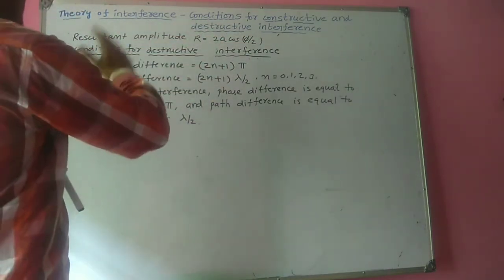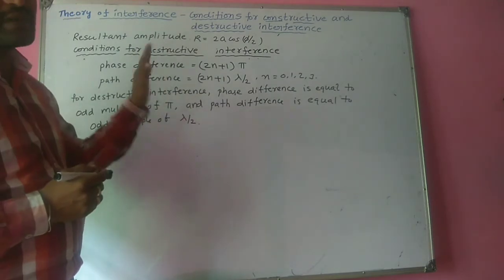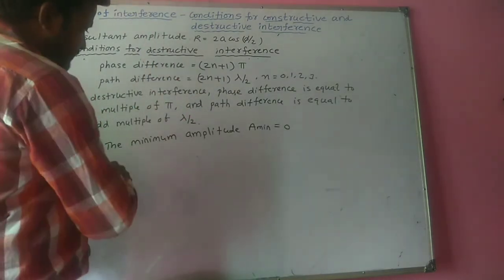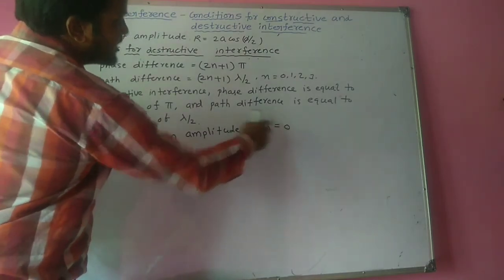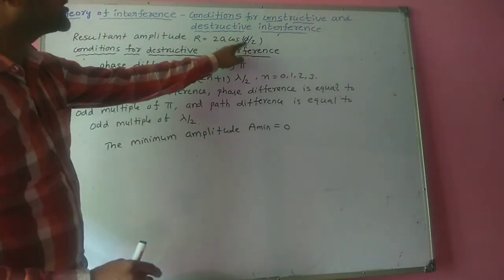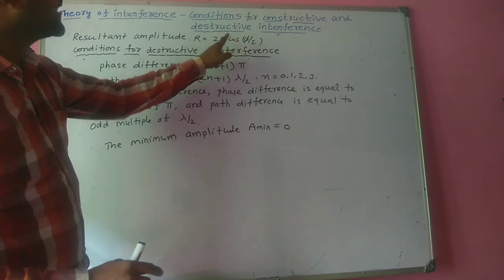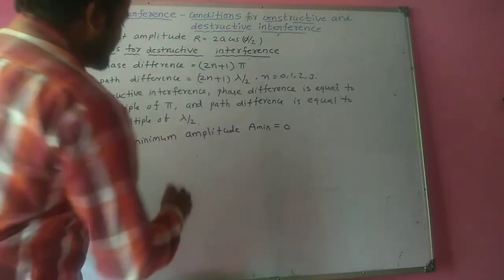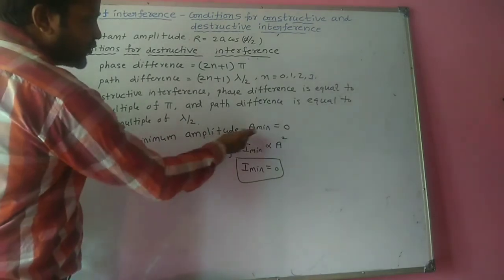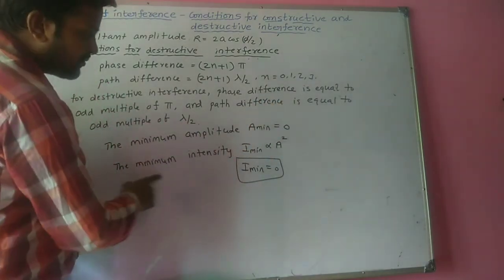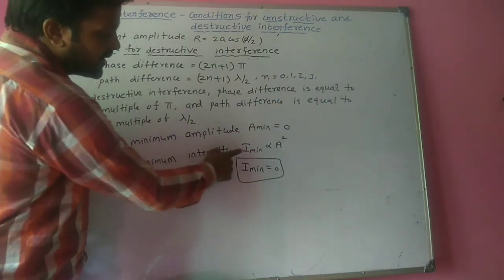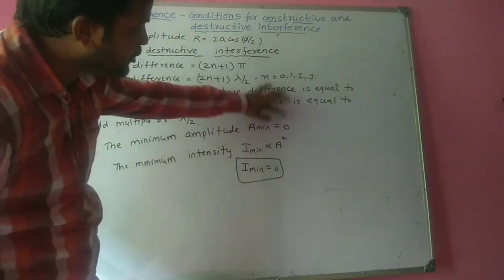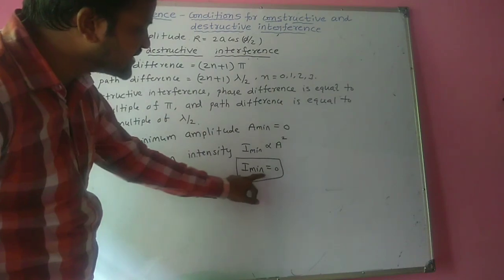Now, in destructive interference, the amplitude becomes minimum and intensity also becomes minimum. That is, the minimum amplitude A min is equal to 0, because this cos phi by 2 term gives 0. Then 0 into 2a gives the minimum amplitude as 0. So the minimum amplitude A min is 0 and the intensity also becomes minimum. Already we know that the intensity is directly proportional to the square of the amplitude. As amplitude is 0, intensity also becomes